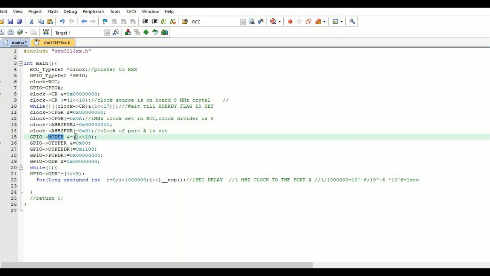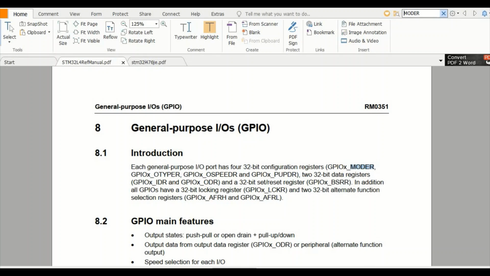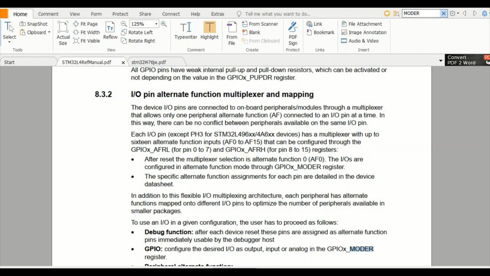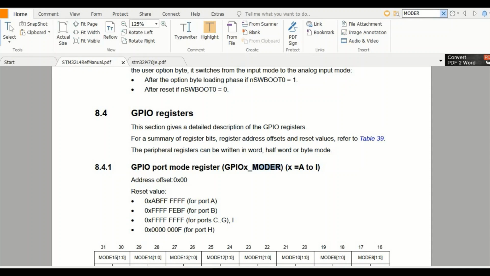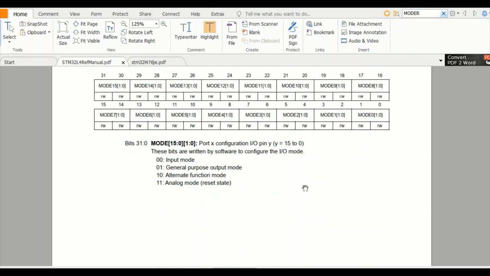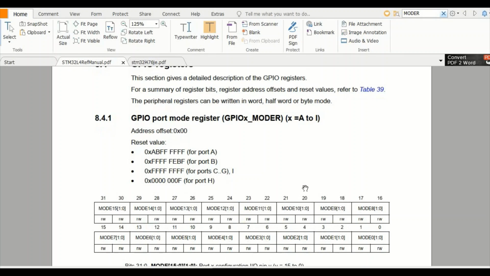So if we go to MODER, let's search for it. Look here, we need to go to the register, not this one. Now we are here, MODER. This register is used to set the mode, input mode or output mode, and other modes are also here, like analog mode and alternate function mode, but we will be using only output mode.